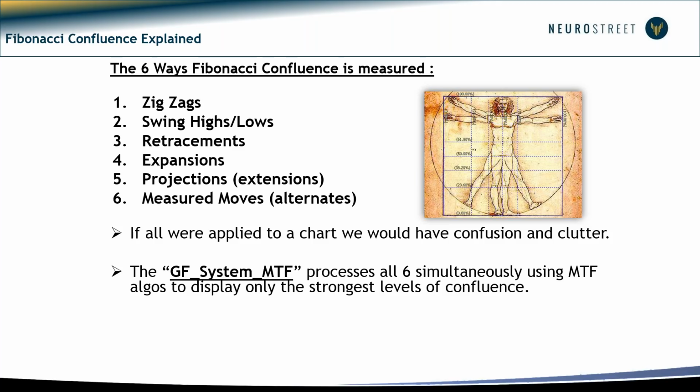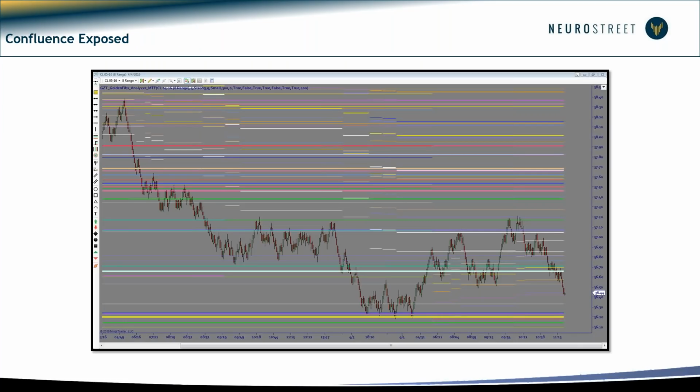Every time you see a level, this is what we consider the internal output. So this would be an example of, let's say you get a whole bunch of levels on your chart. Every one of these represents one of those 6 variations. There's no way you can trust that because you don't know which one has strength, which one doesn't. You don't know which one you want to trade versus which one you don't want to trade. And it's next to impossible to basically understand which one has got more power or which one you want to